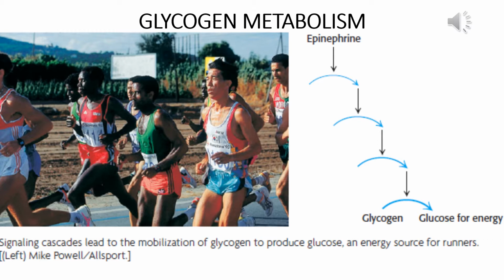That means after a meal. In between the meals, when the blood glucose level falls down, then the reserve glycogen is broken down to release glucose into the blood system so that a steady level of glucose can be maintained in the body. This is especially important because some organs and tissues can use only glucose as the metabolic fuel.